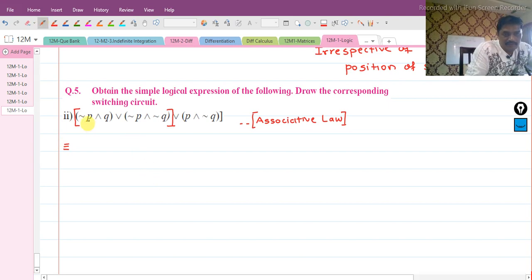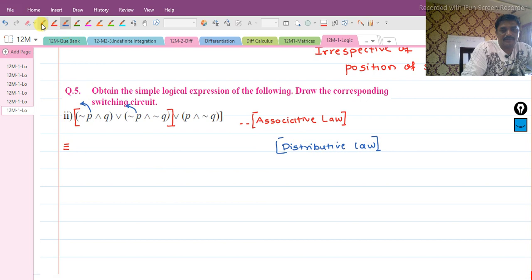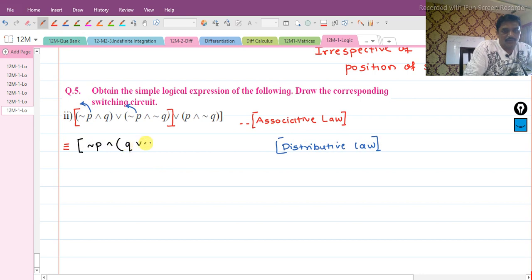नाउ हियर ये जो नेगेशन पी है, दिस नेगेशन पी, इन दोनों में से मैं कॉमन ले लूंगा। कॉमन लेने की प्रक्रिया को हम डिस्ट्रीब्यूटिव लॉ कहते हैं। इफ आई यूज द डिस्ट्रीब्यूटिव लॉ, व्हाट इज दिस गोइंग टू गिव मी? क्या मिल जाएगा मुझे यहाँ पे? सो गिव मी नेगेशन पी एंडेड विथ क्यू और नेगेशन क्यू, और पी एंड नेगेशन क्यू एज इट इज रहेगा।